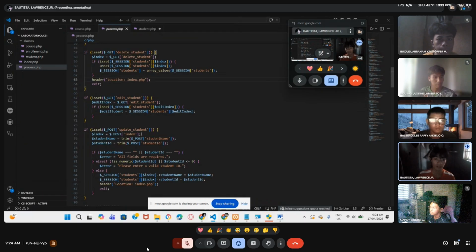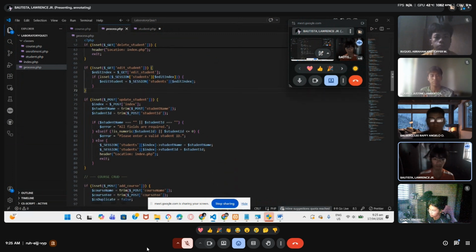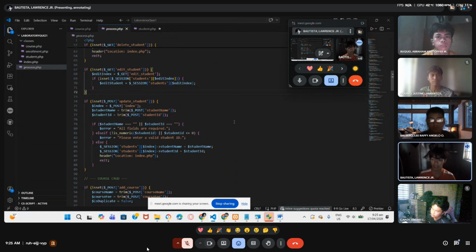So after clicking that, it will create another form for our markup. Then the user is required to enter a new name or new student ID since it will update. So just like add, we have our condition here. It will get the index, the student name, and the student ID.